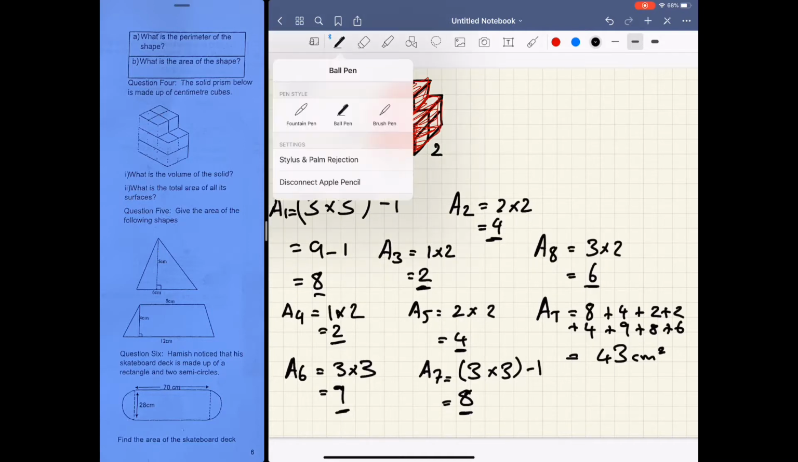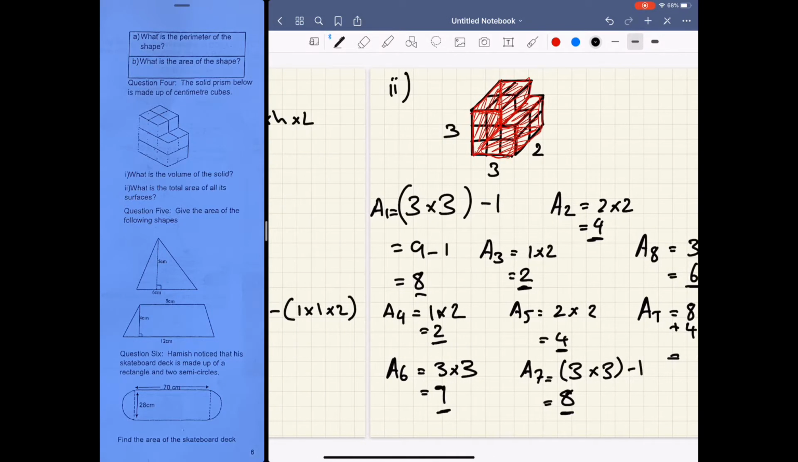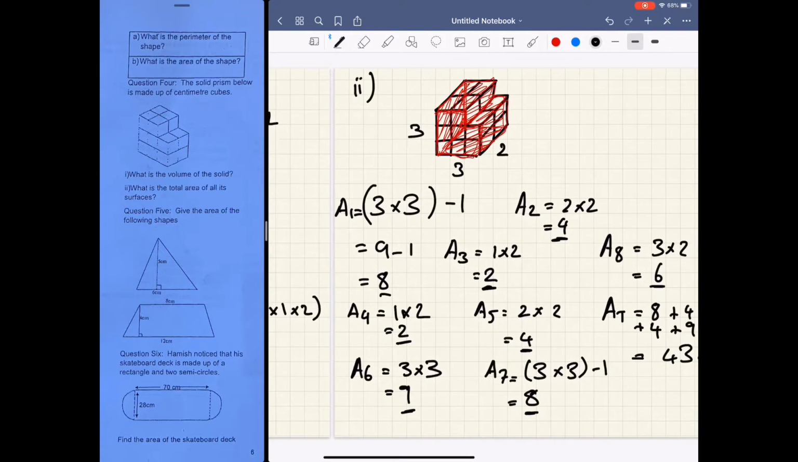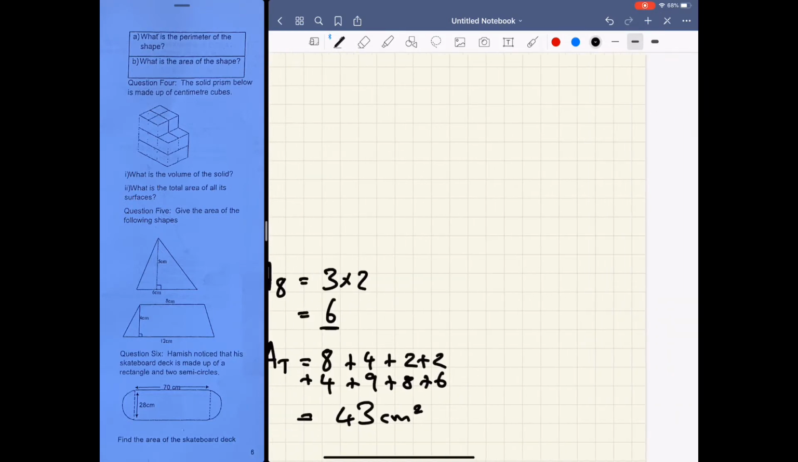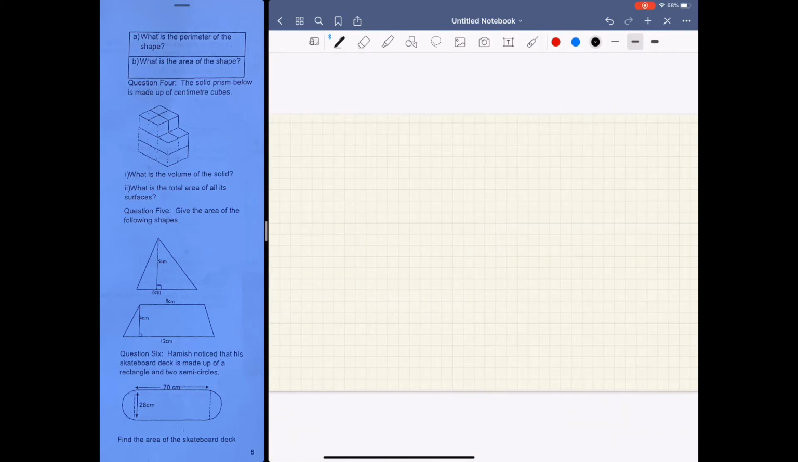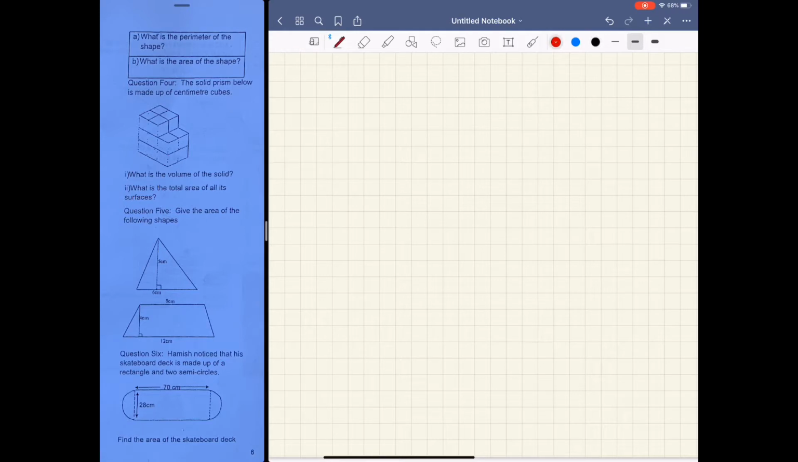Anywho, next question, which is question 5. Okay, next page, please. Thank you. Question 5. Give the area of the following shapes. So you've got something like this. That's 5 centimeters the height and 6 centimeters